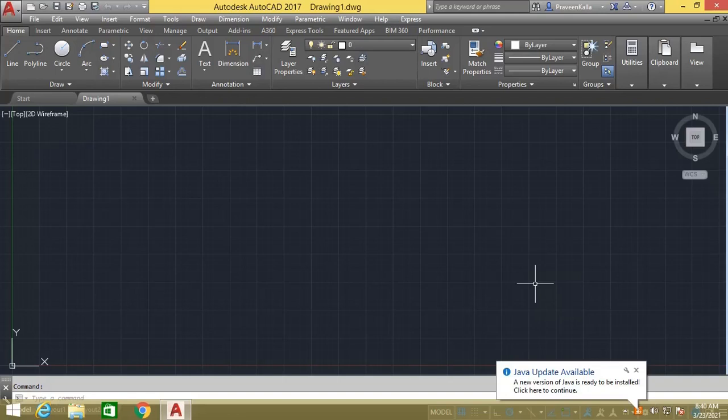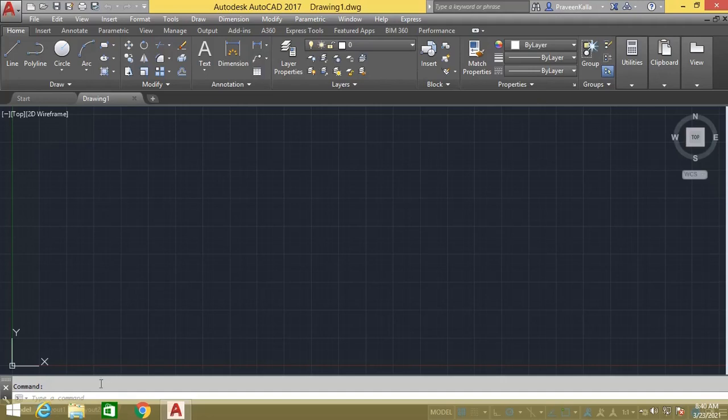In this particular video, I am presenting one particular procedure in which initially model space will be prepared for drawing, then it will be connected to the layout, and from there it will be connected to the printer. And this procedure is similar to the manual sheet drawing procedure. To explain this procedure, I am considering A4 paper size in landscape format, and the dimensions for A4 paper size in landscape are 297 into 210 mm.